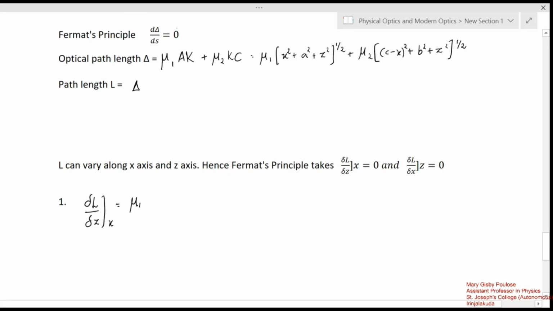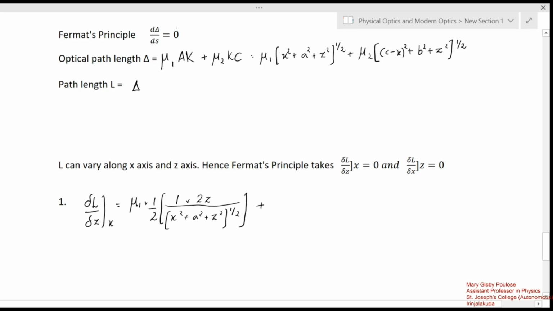So the derivative of that term will be 1/2 into 1 divided by (x² + a² + z²)^(1/2) into 2z